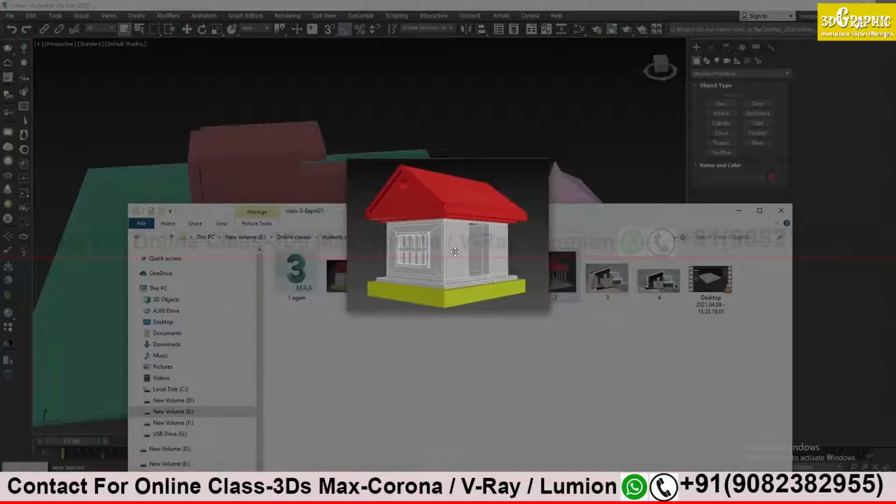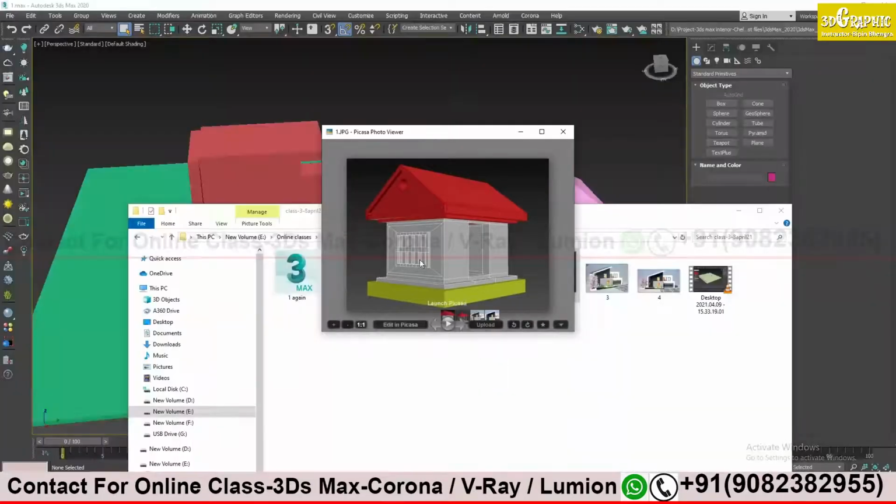We'll model this home, with simple ready-made objects. So what I'm going to do, I will share this model image with both of you. Shashikaran already has this, so I will share this with you only, Priyanka. Just download this image, and if you can practice in your laptop or computer, it's very nice.